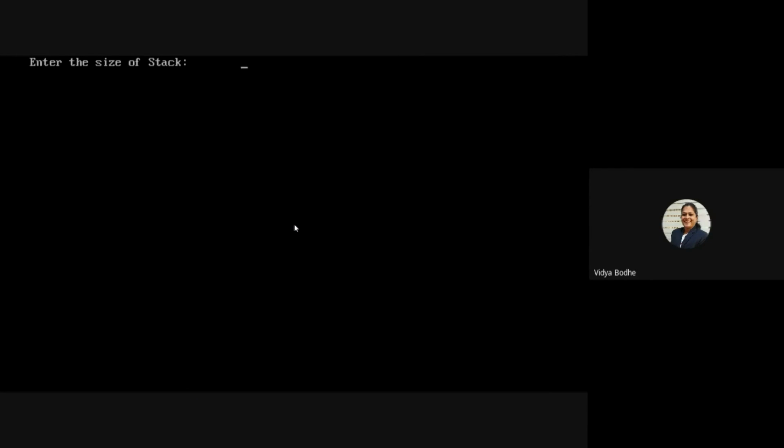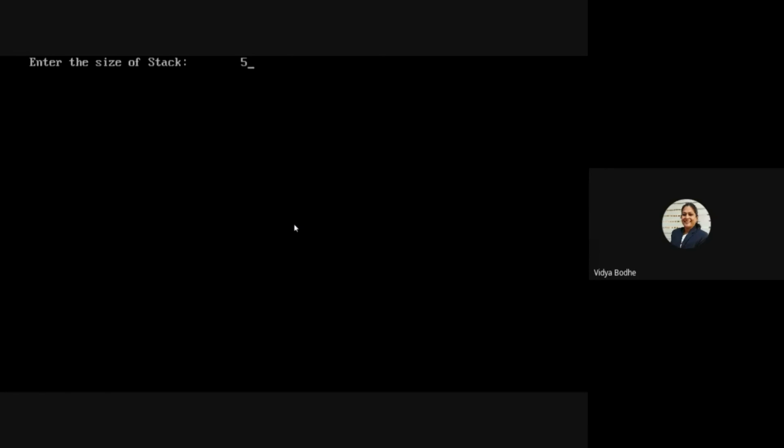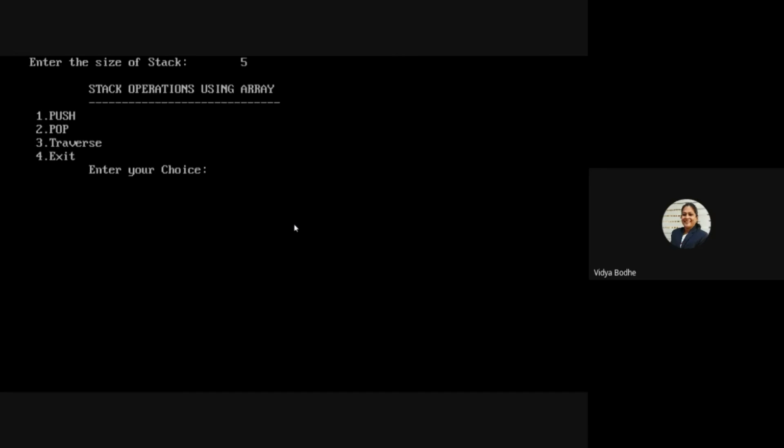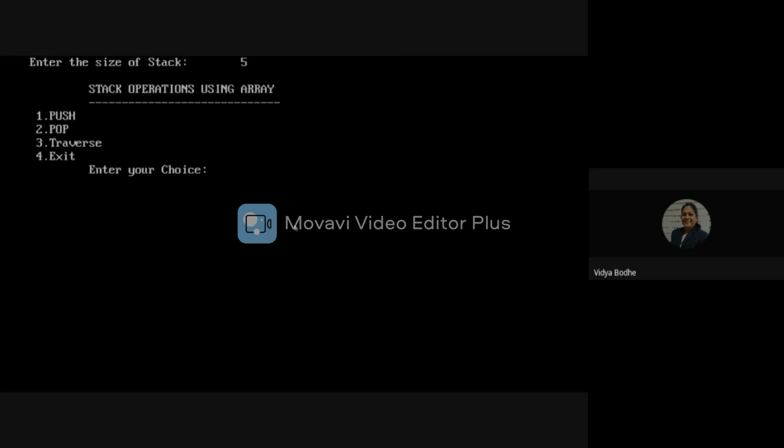First of all, we have to enter the size of the stack, that is how many elements can be inserted in the stack. That value should be entered here. Suppose size of the stack is 5. Then enter your choice for performing inserting operation or deleting an element from the stack, that is pop operation.